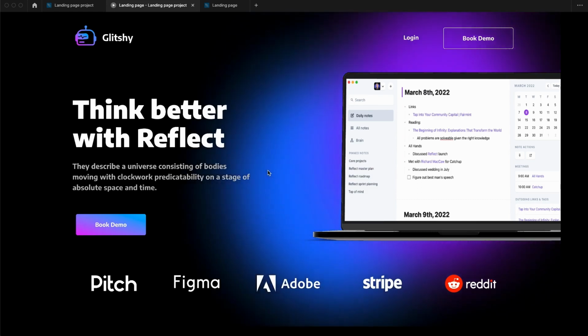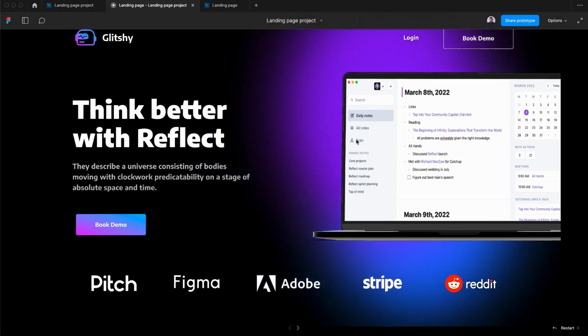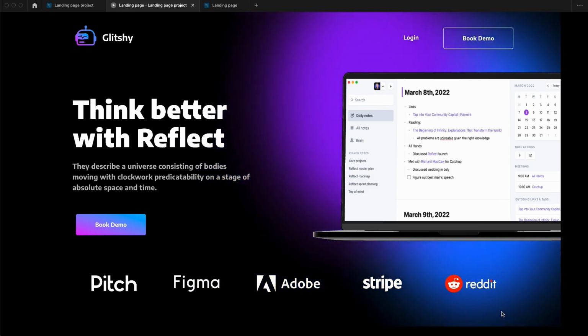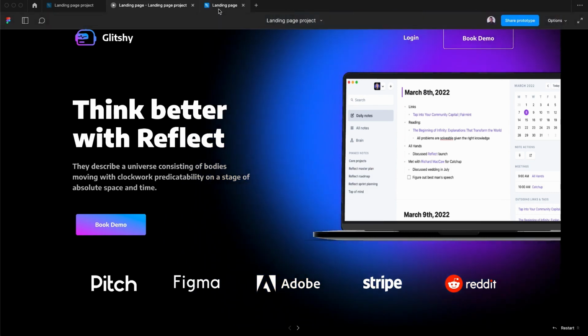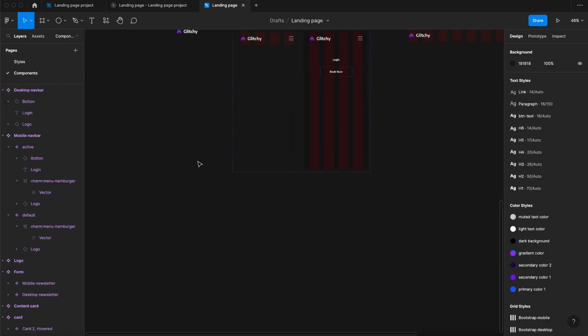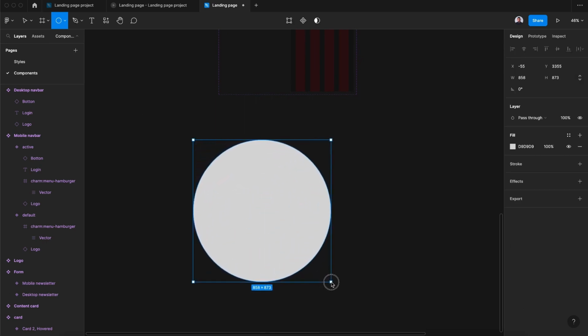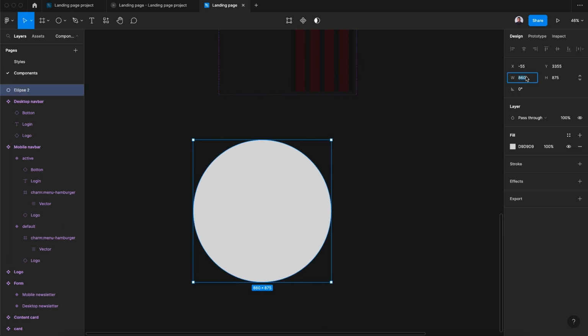Hi, in this section we are going to design this background animation for our landing page. So let's go to our landing page project in the component page and let's get started by creating a circle. So let's click and drag, and our circle will be about 900 pixels of width, and for the height will